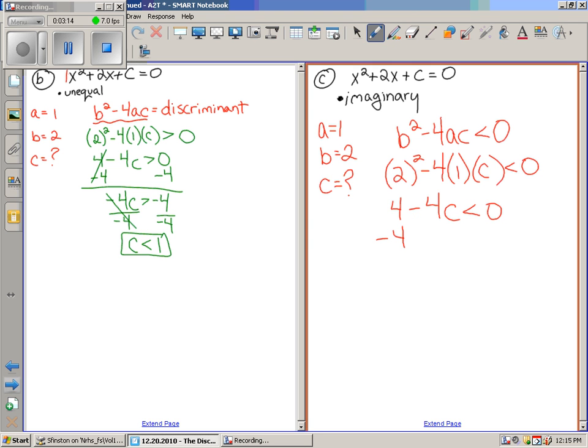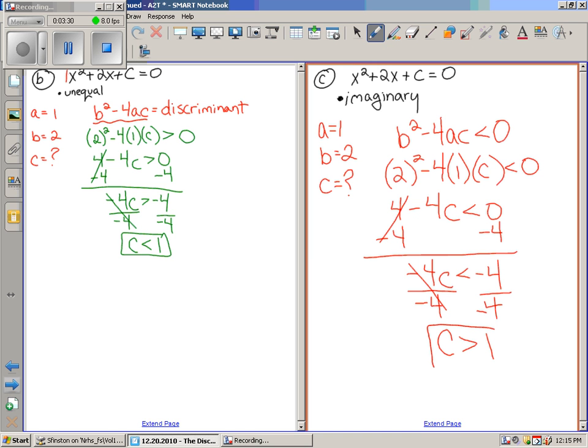Subtracting 4 over, same deal as last time. Negative 4c is less than negative 4. Divide by negative 4, divide by negative 4. These cancel out, C is here. The sign flips because we divided by a negative. And so if C is greater than 1, the roots are